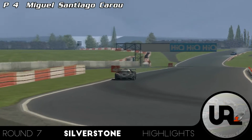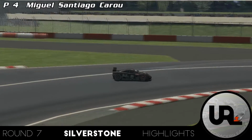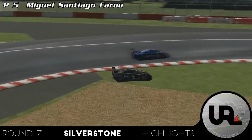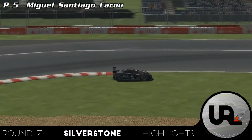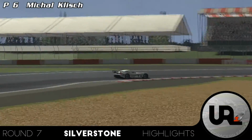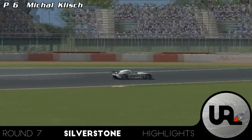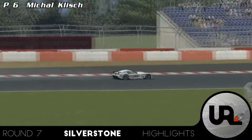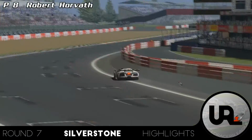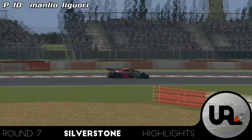The track was really starting to get hotter and drier, and this is what that does to wet weather tires if you're not careful. And that's Peter Backus going through, so Miguel effectively lost 1 position. In the very, very last corner, Michal Klisch will not be able to get past him, so he will finish in P6 overall. Then it's Sten Mikkel Olsen, Robert Horvat in P8, Greg Metcalf in P9, Maino Liguori rounding up